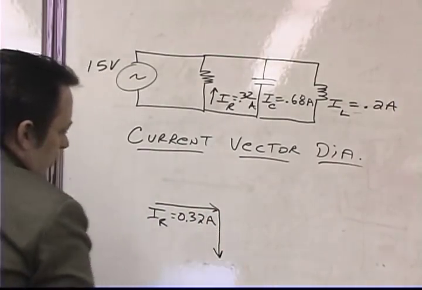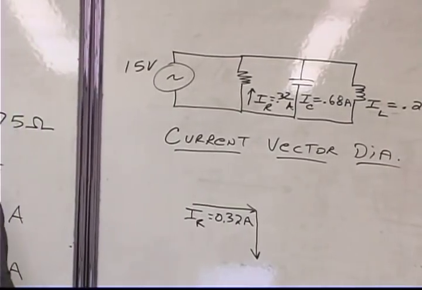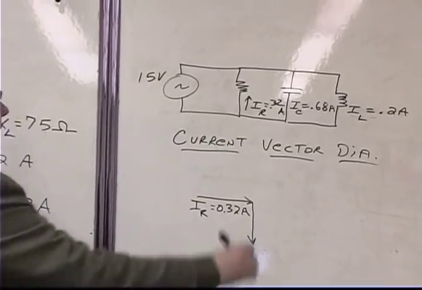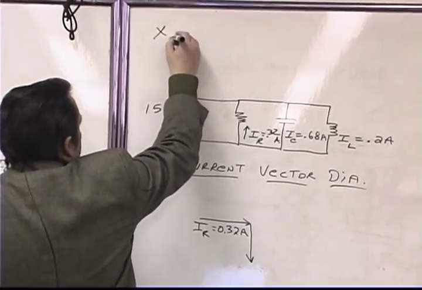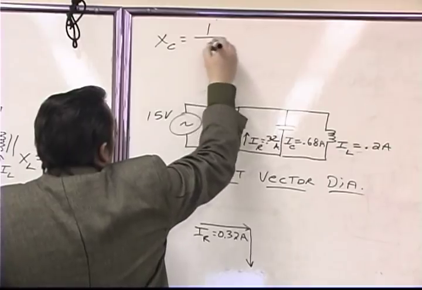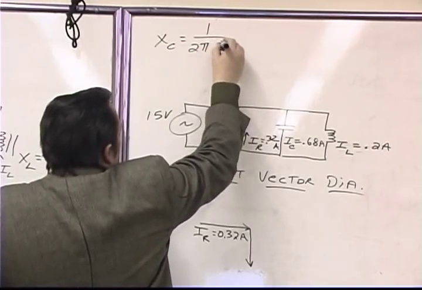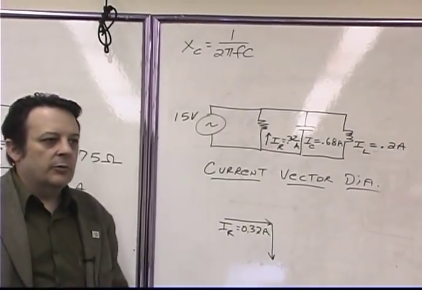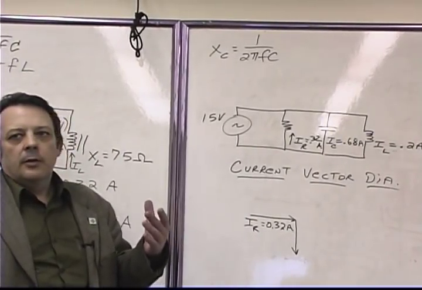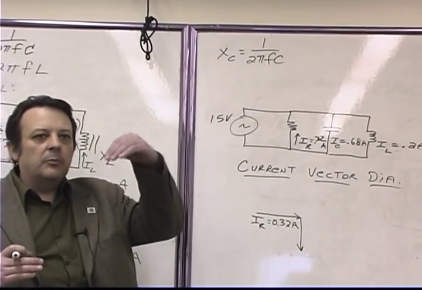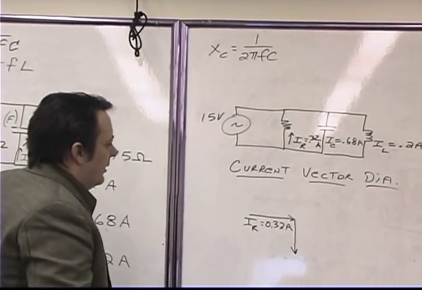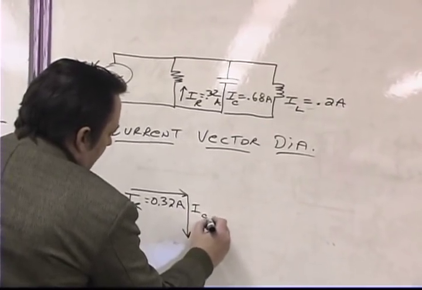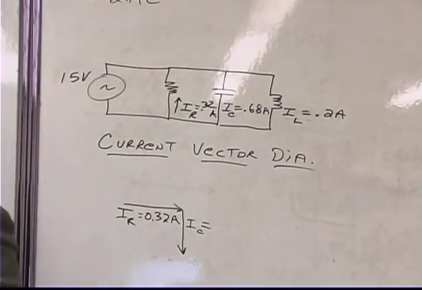We found that the current that was flowing to the capacitor would be a vector pointing down with respect to the reference vector. Why is it pointing down? The reason is the formula X_C is equal to 1 over 2 pi times frequency times capacitance. It's a negative imaginary number. We won't get into the mathematics of it, but because it's an inverse, it's going to point down. And so the current that's flowing to the capacitor is equal to